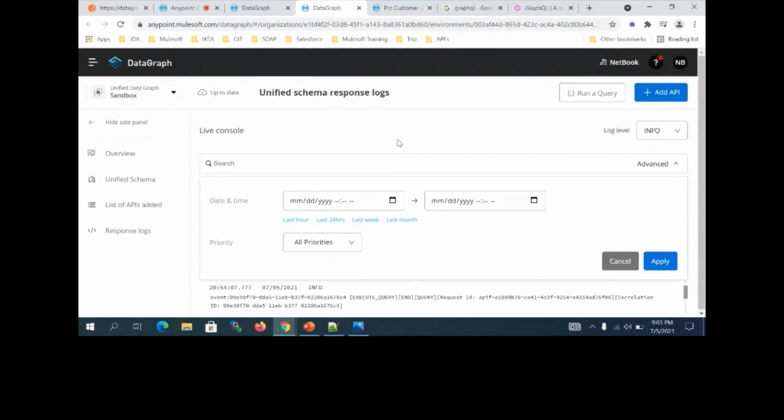That's correct. Even currently you expose this URL as a data graph. Now if you want to call an API from the process API for getting only one element, it is better not to directly call the system API. You can use the data graph call to query only that single element.